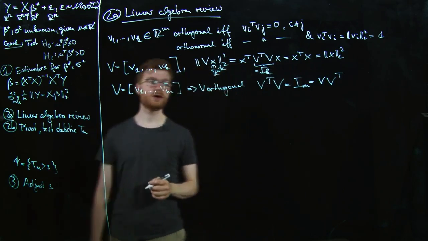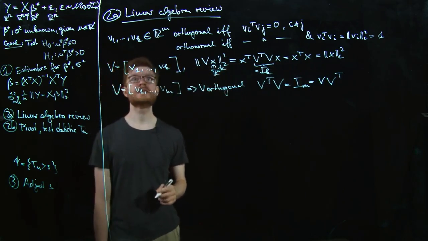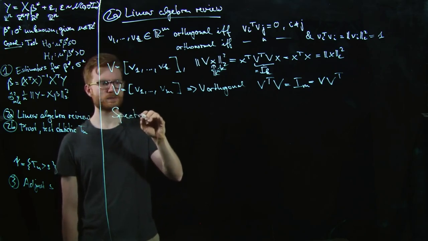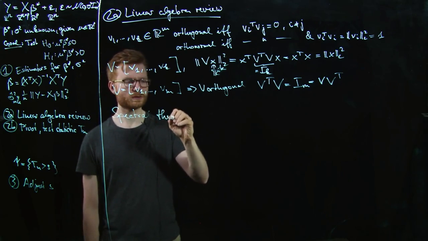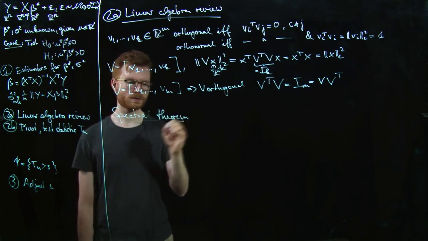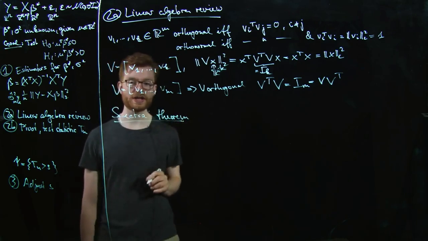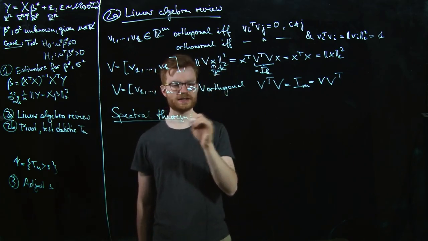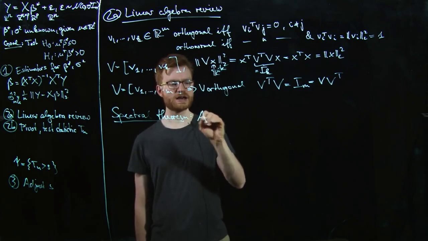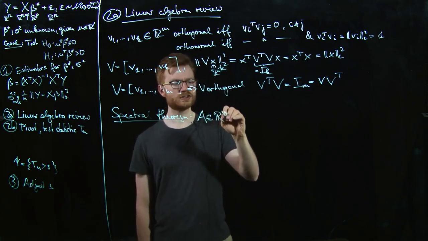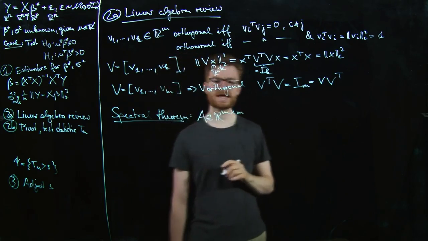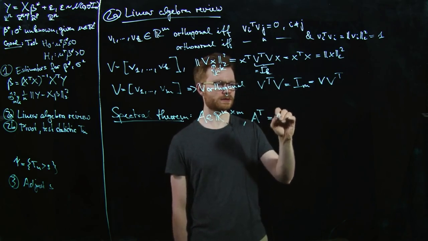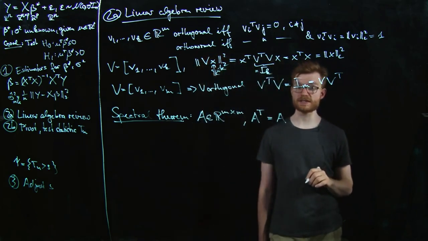So where do orthogonal matrices come into play? Most prominently in the spectral theorem. I'm just going to give you a version on R for symmetric matrices. So what does the spectral theorem say? It says if I have a square matrix A in R^(m by m) that is symmetric, that means the transpose is the same as the matrix itself,